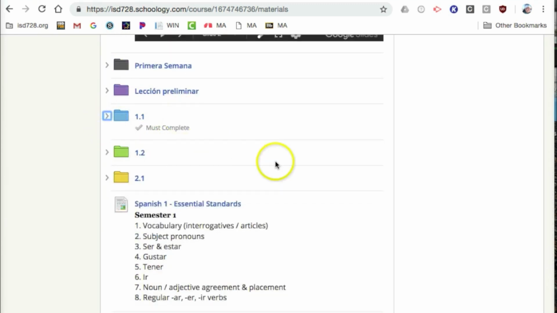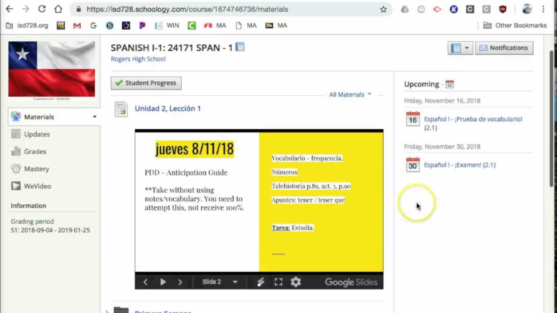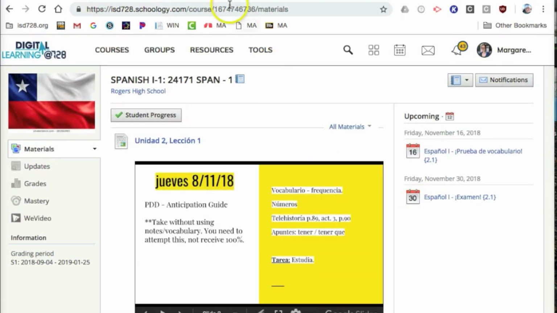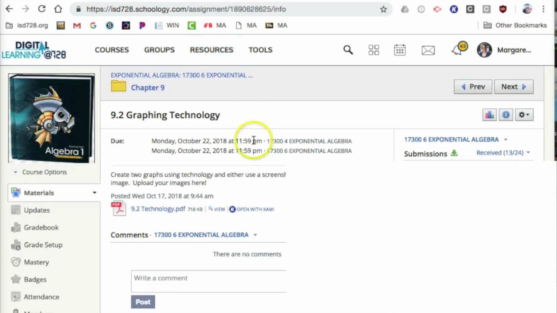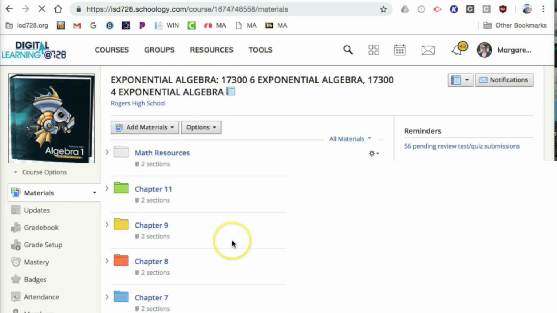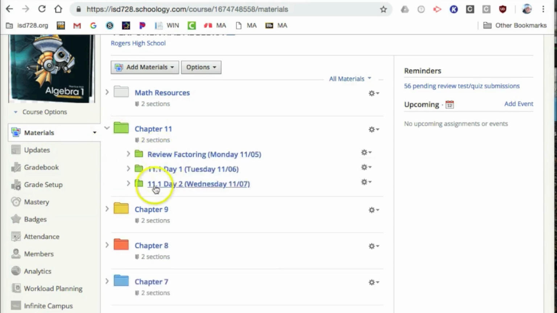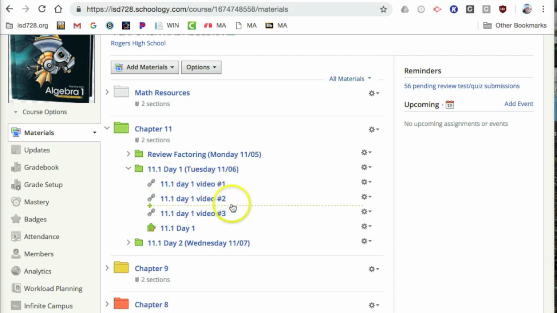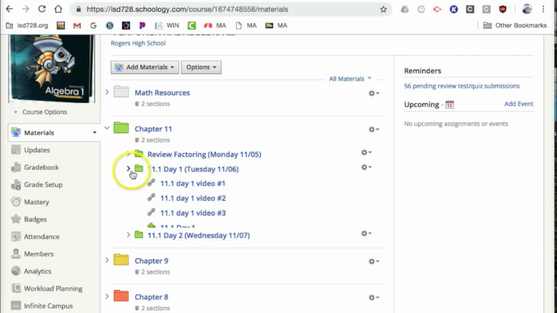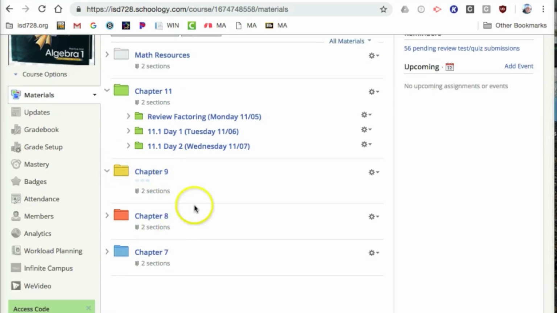teacher's point of view as well. If you keep your assignments organized, you're going to save both of us time and energy. On my Schoology page, if you look under the materials, I'm also organized by chapter. Some days I have a couple things for that day. For instance, if I'm gone, I post some videos and homework, right? You can find the homework in there. You can find notes, and